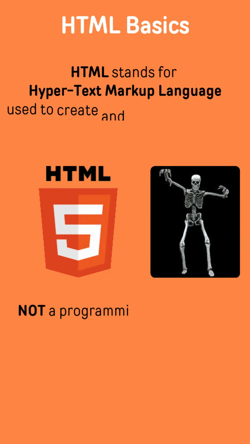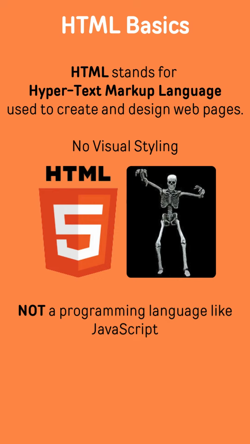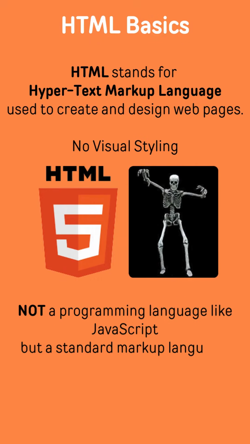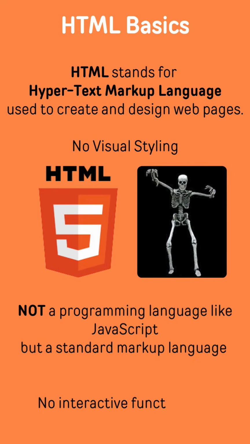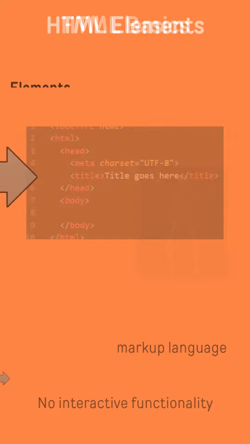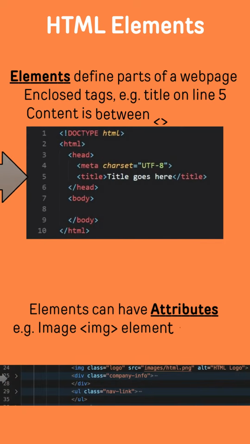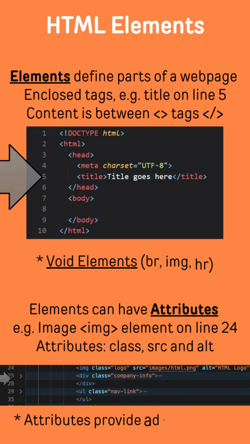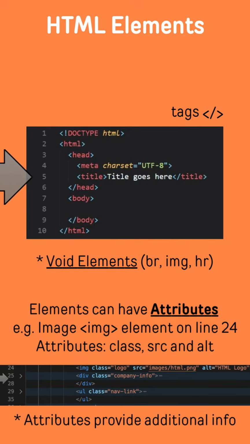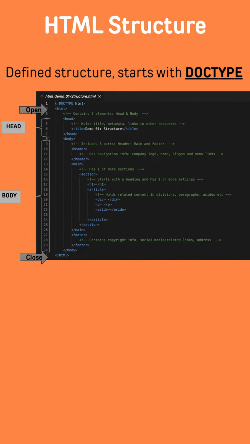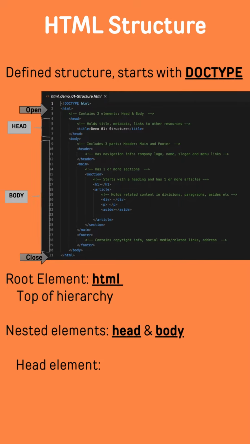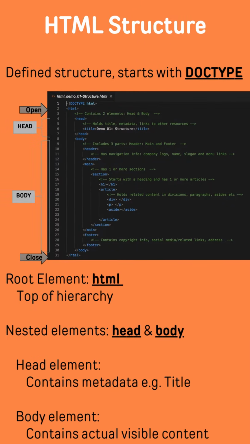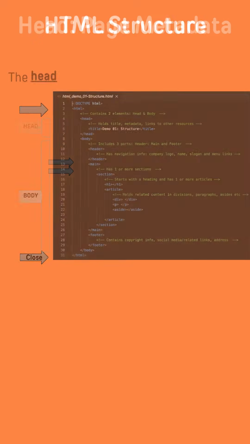HTML stands for Hypertext Markup Language. It is used to create content and design the structure of web pages. It uses elements to define parts of this page, and they could have attributes written in tags and around the content. HTML has a hierarchical structure, starting with DOCTYPE, a root element which encloses the head element and the body